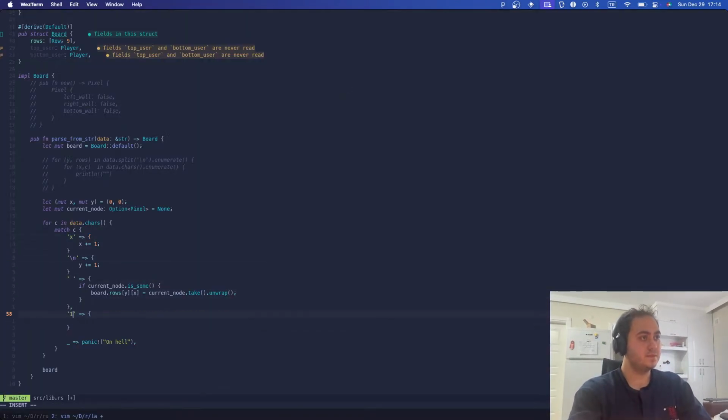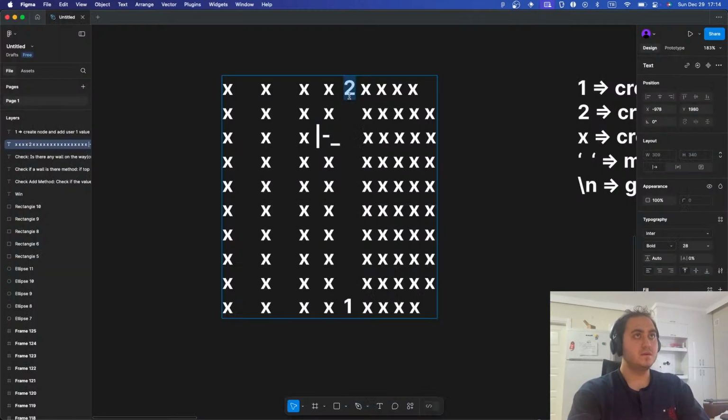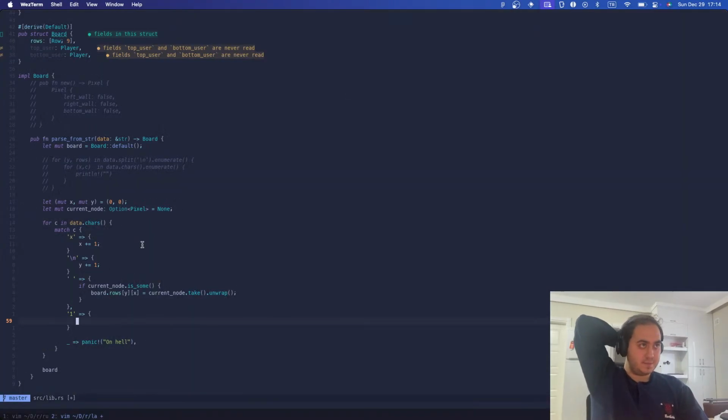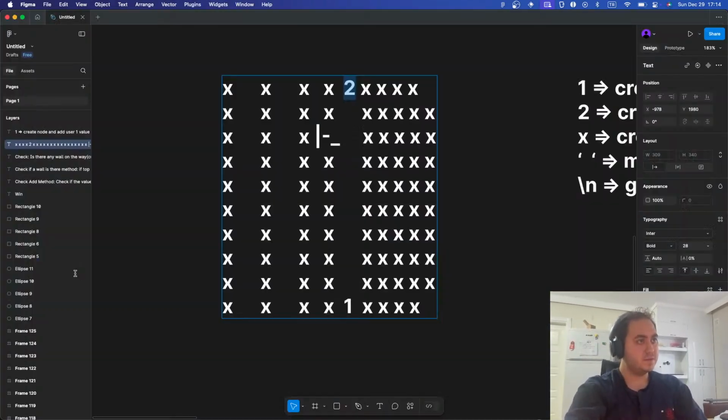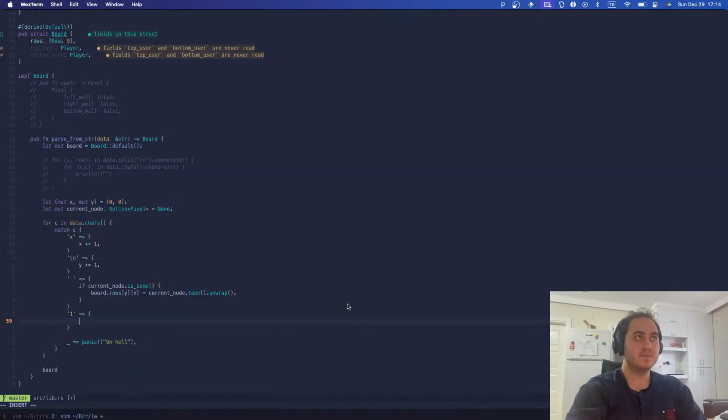Let's start with 1. So the x and y indexes are correct at this point, right? Because we assured that it is in by doing this one. So when we reached something like this one,